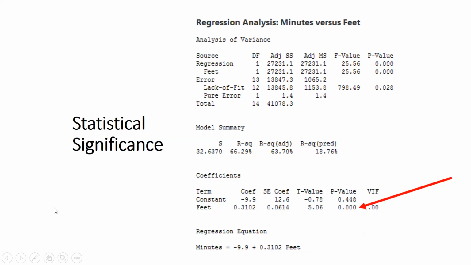Next, I'm going to move up to statistical significance. So after fitting the model and thinking about what it might mean and making sure that I have my y and x variables in the right place, I'm going to look for an assessment of statistical significance. And in this case, that will be a t-test for the slope of the line. And that number is 0.30102 for the coefficient, but it has a p-value that's less than 0.001, indicating that there is a statistically significant slope. It's significantly different from 0.